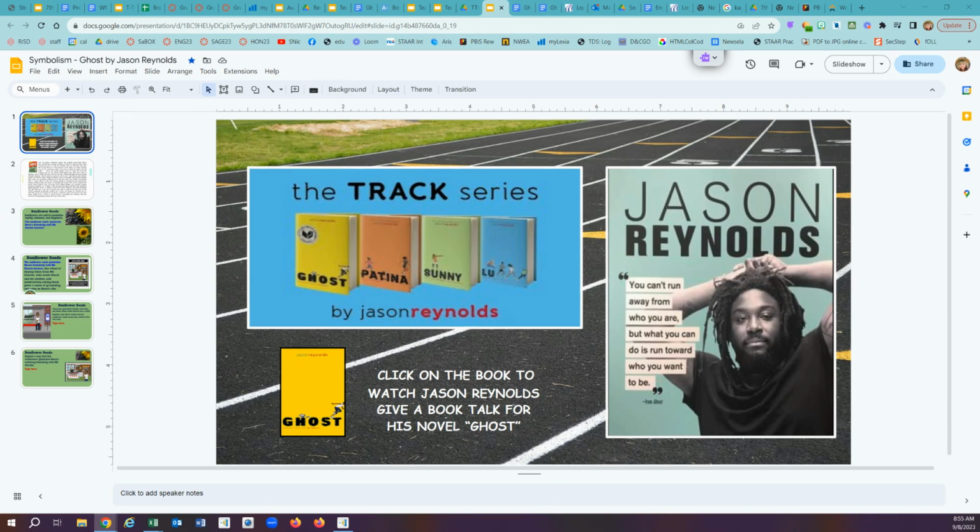So what you're going to answer is this question about the sunflower seeds. Sunflower seeds are said to symbolize loyalty, calmness, and happiness. The sunflower seeds symbolize Ghost's friendship with, and you're going to answer this as in, could it be who, and how does it symbolize? So who and how with blank, and then explain how.